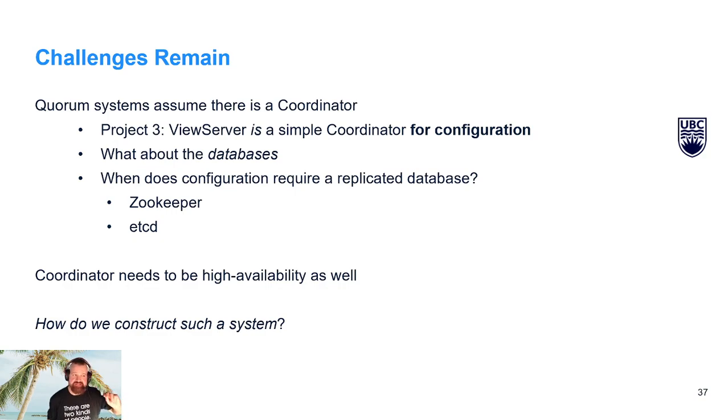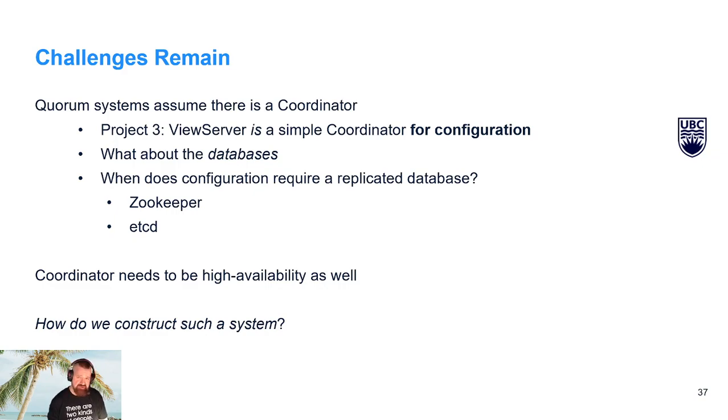The point is because there are three different nodes that get to participate there, we have partition resistance. We are not going to end up with two partitions that both think that they are in charge. We have weakened our consistency a little bit here because we don't want clients constantly pinging the view server, but we've kept the window pretty small